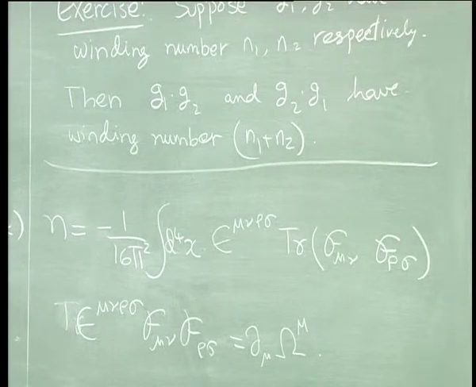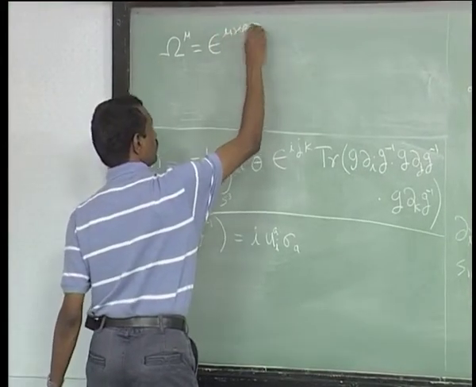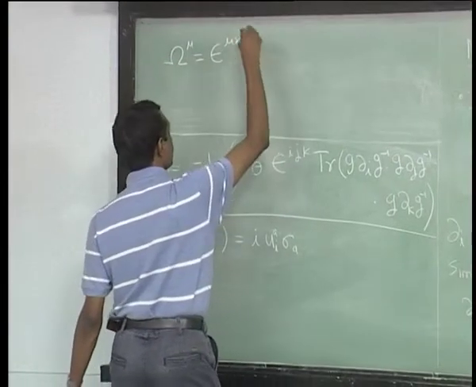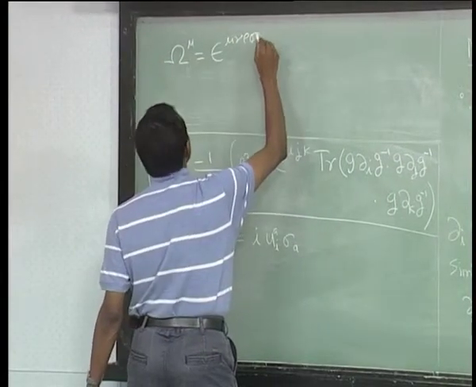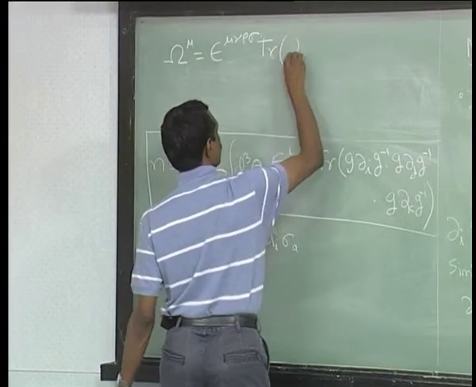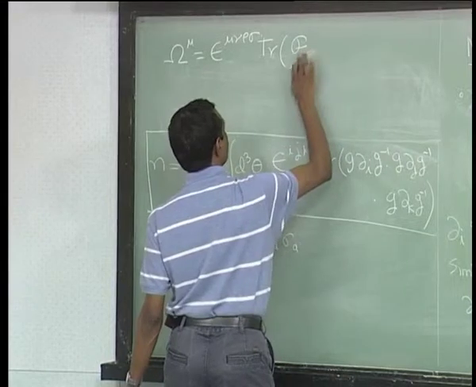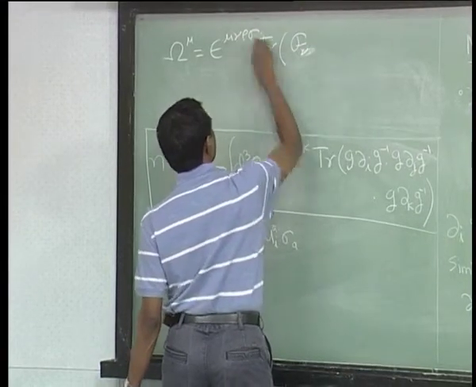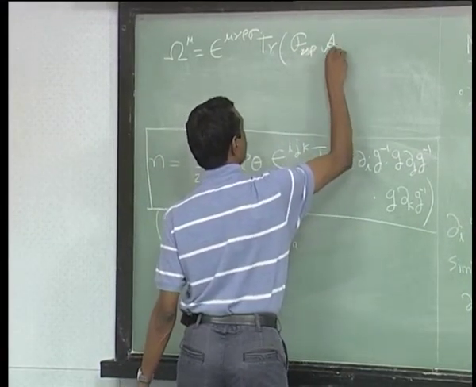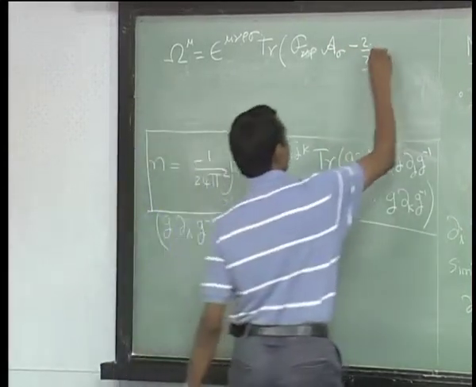And the answer is kind of nice: epsilon mu nu rho sigma trace of F nu rho A sigma minus 2/3